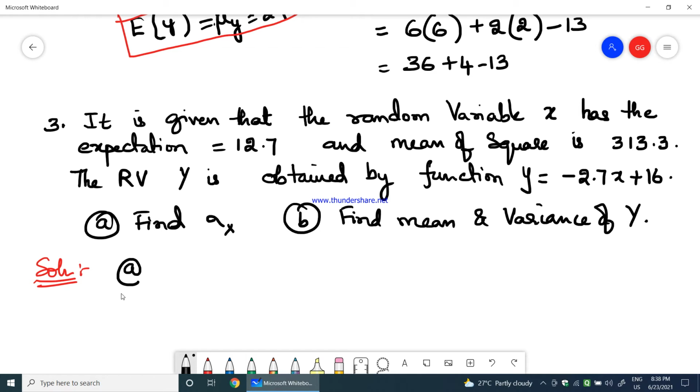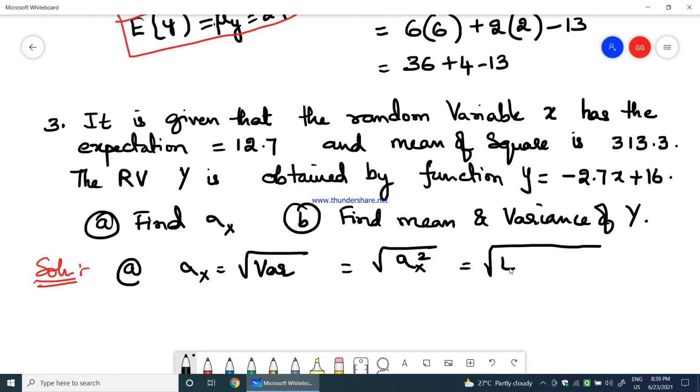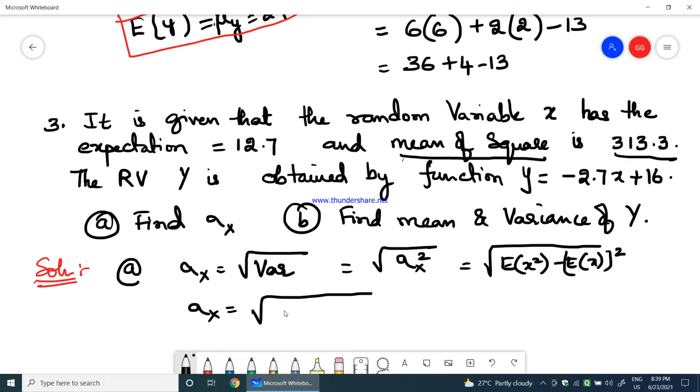How to find out the standard deviation? We know that the standard deviation sigma x would be equal to square root of variance, which is equal to square root of sigma x square, which is equal to square root of E of x square minus E of x the whole square. So we know that the variance formula is E of x square minus E of x the whole square. Square root of that will give you the standard deviation. Therefore sigma x would be equal to square root of, so what is E of x square? It is given in the question as mean of square, that is nothing but E of x square, which is 313.3